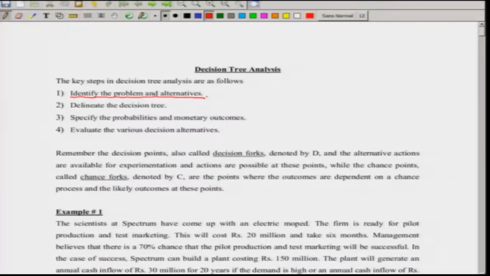Now, in the second step, you delineate the decision tree, that means you find out the alternatives and the routes. Routes means the ways they can go, and you draw the diagram in such a way that following any path gives you one of the paths you can take to reach that alternative. Whether that is good or bad, you have to decide later, but it gives you at one go the different paths you can follow to reach the decision from the starting stage, the source, to the sink stage, which is the alternative decision you are going to make.